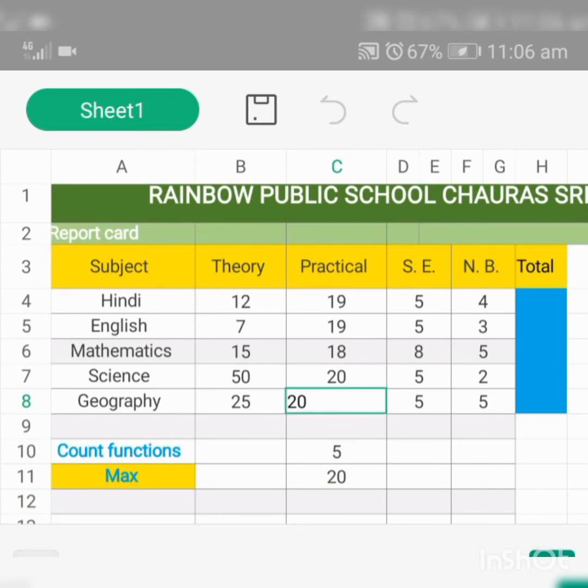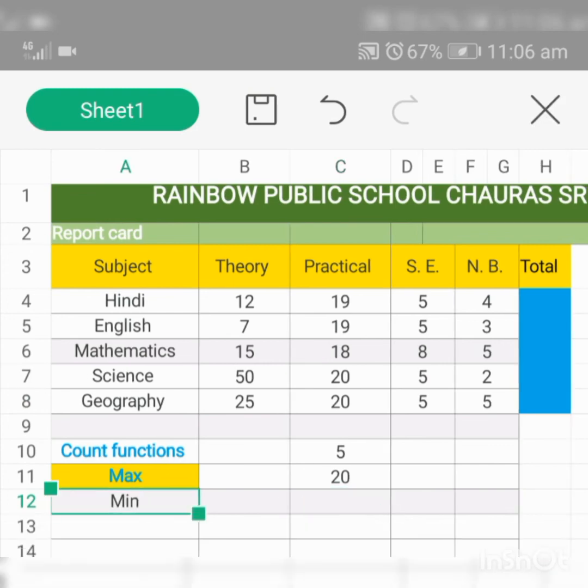Now the fourth function is the MINIMUM function, which is used to find out the smallest number present in the given range of data. Here we are again taking the example of column C, that is the practical marks.